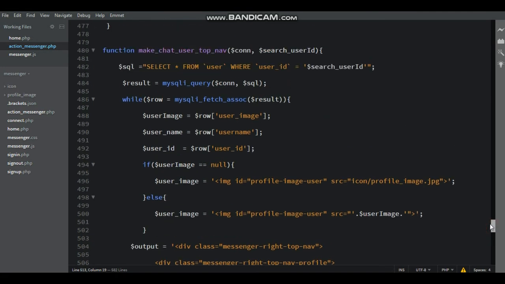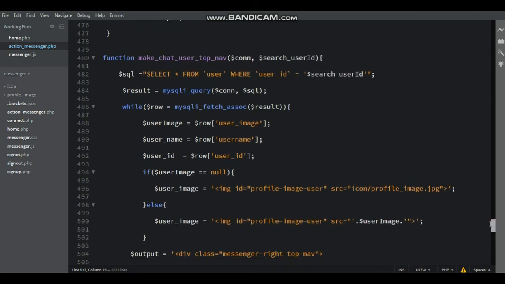Now go to the action.messenger.php file.